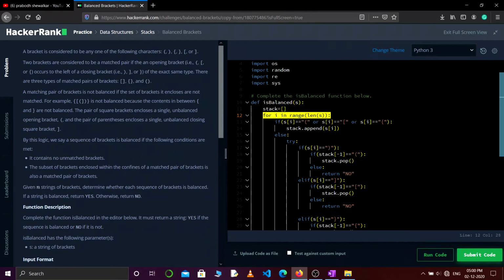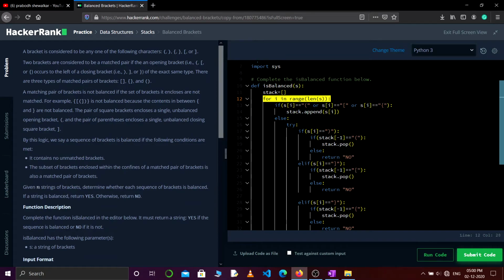If it is an opening bracket, then I am just pushing it into the stack, and else, if it is not an opening bracket, then it must be a closing bracket. So if it is a closing bracket, then I am popping from the stack and checking if it is corresponding to the current element. If it is corresponding, then I'm just continuing, otherwise I'm returning no.